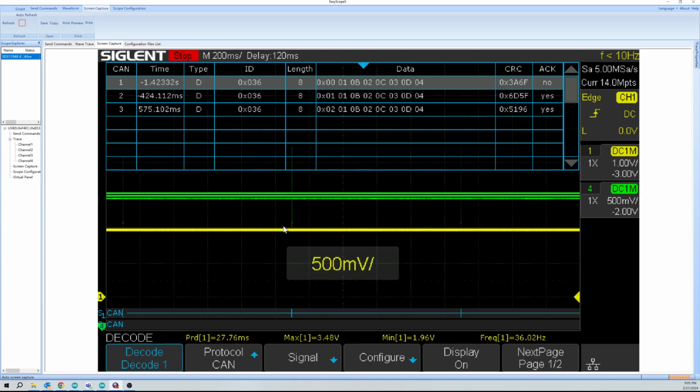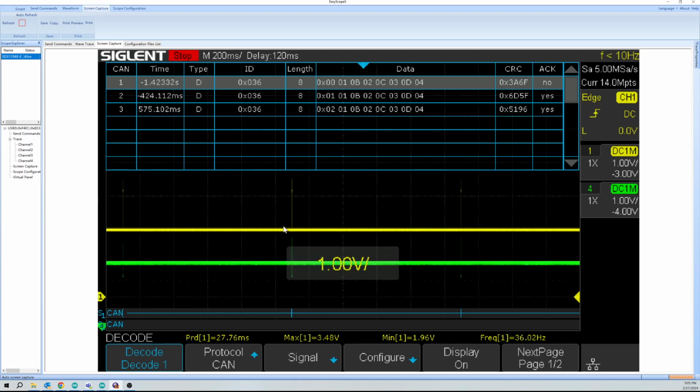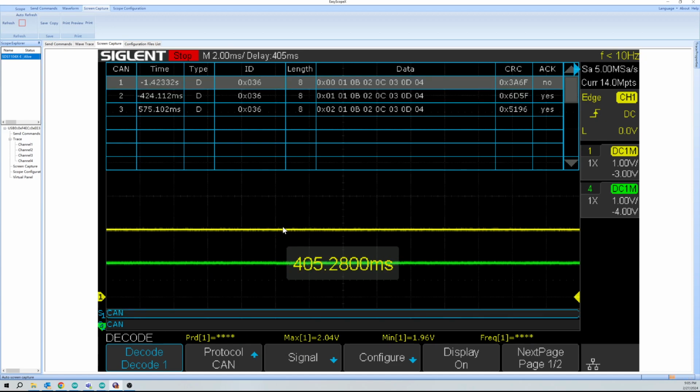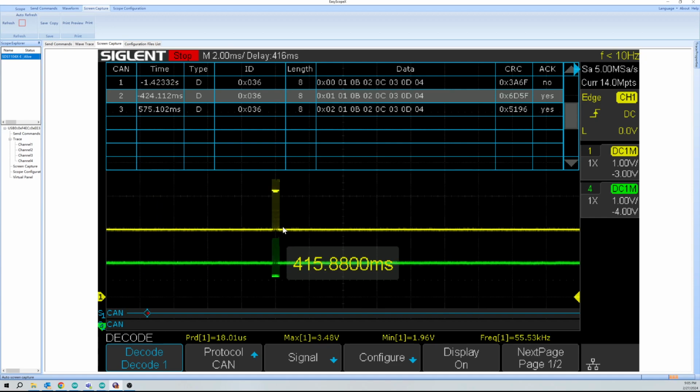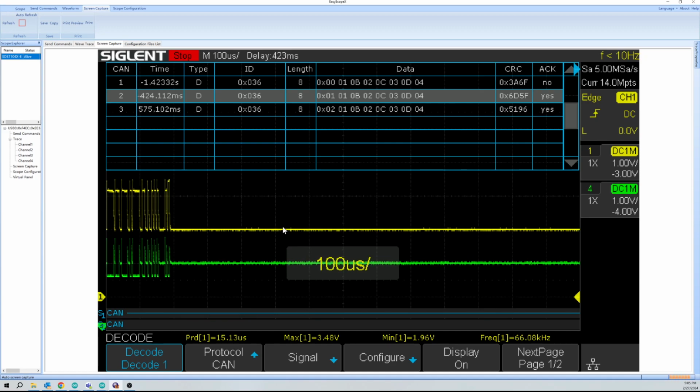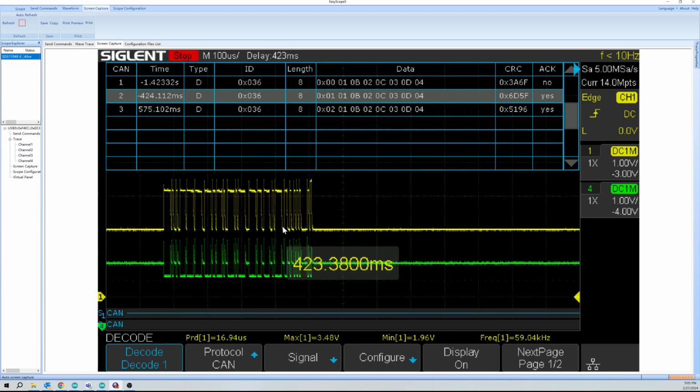And oops, didn't want to adjust our voltage. We're going to adjust our horizontal scale. Bring it back to the center, zoom in, and at 250 kilobits per second, we should have 4 microseconds per bit. I take the inverse of 250,000, which is 4 microseconds. So we can verify that we're transmitting at the intended